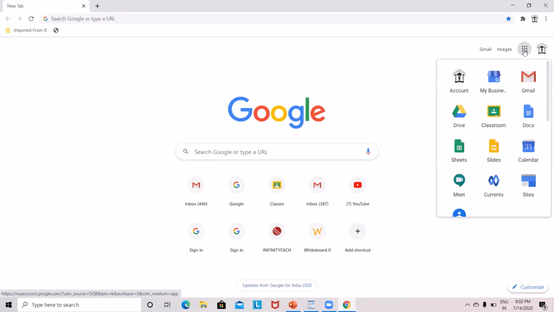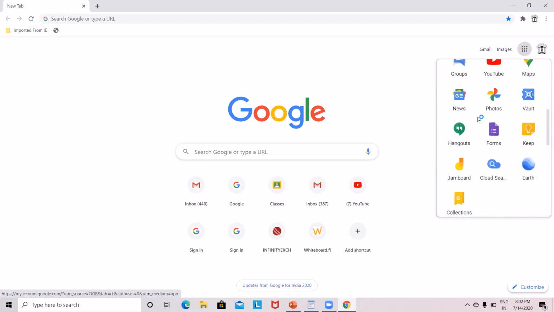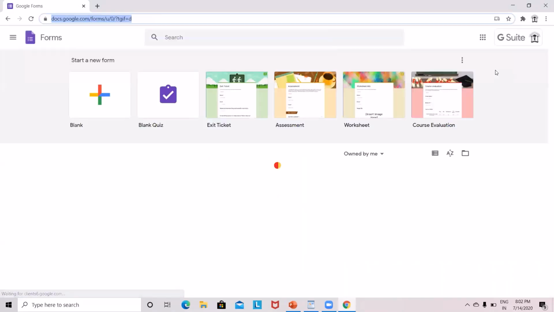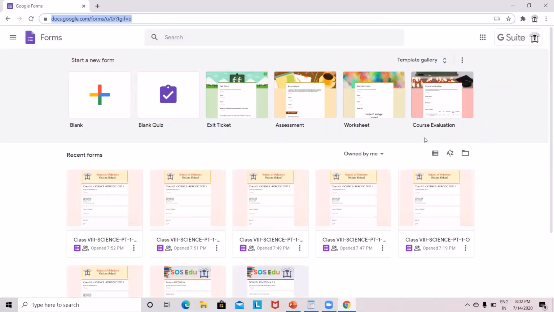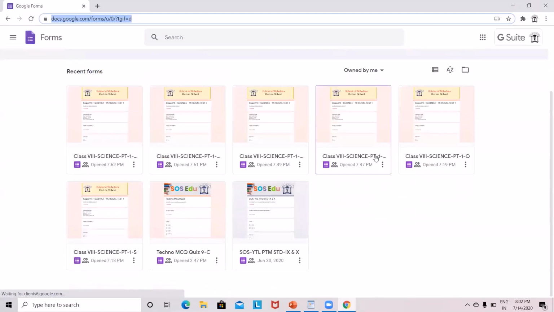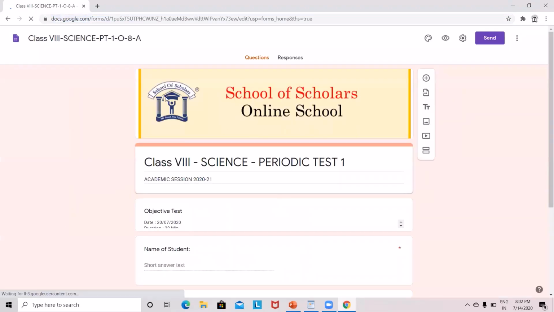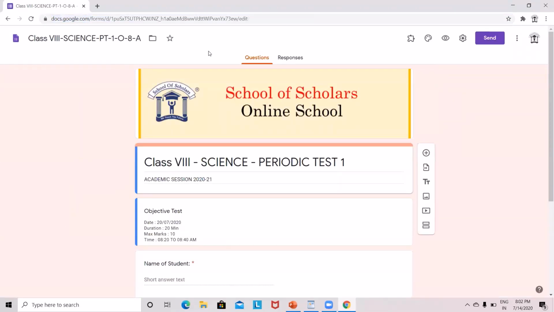From these 9 dots, the teacher needs to go to Google Forms. So at 8:20, for example, I am going for 8th A. Let me open it. This is the objective test of 8th A.